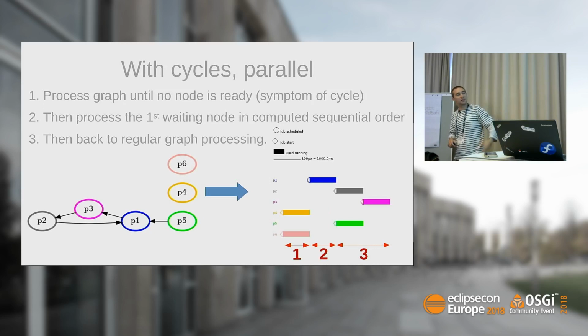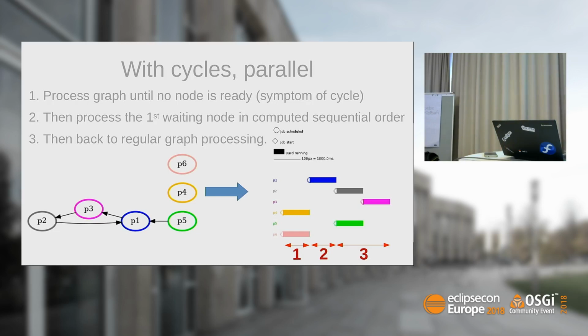Now, with the same cycle, if we go parallel, how do we handle the cycle? First, we will just ignore the cycle until we only have the cycle to process. So in this case, we see that P4 and P6, for example, they are just standalone projects. We'll start by building them. We schedule the build. There are 2 builds, 4 threads. They start immediately. Cool. Next, when P4 and P6 are done, we see that there is no entry point that has no dependency in the cycle here.